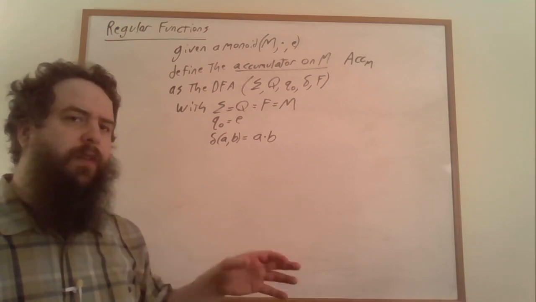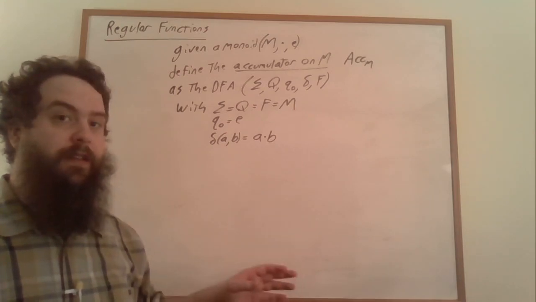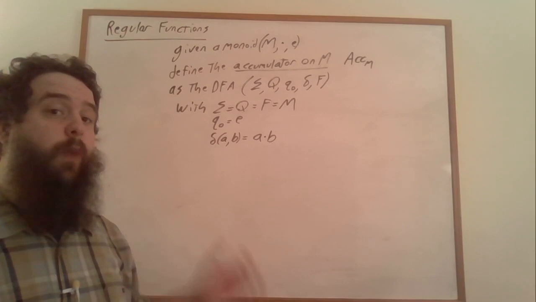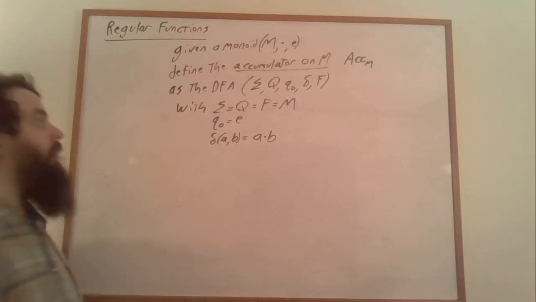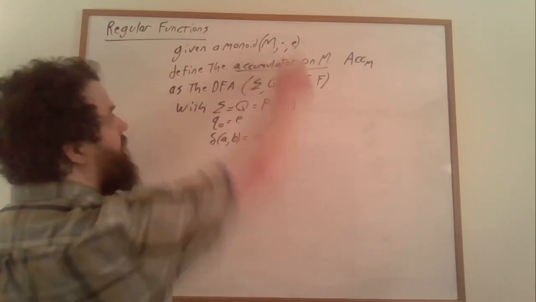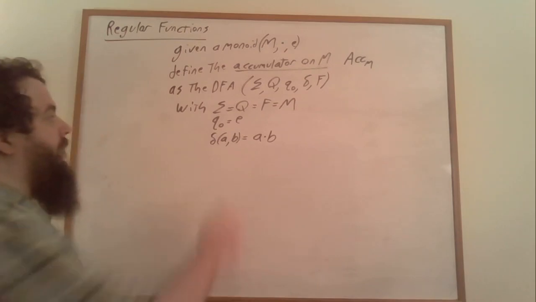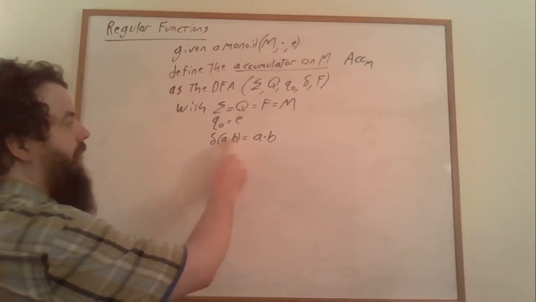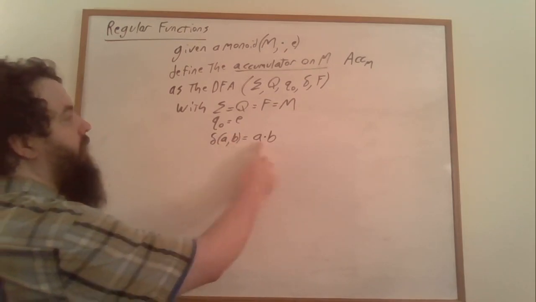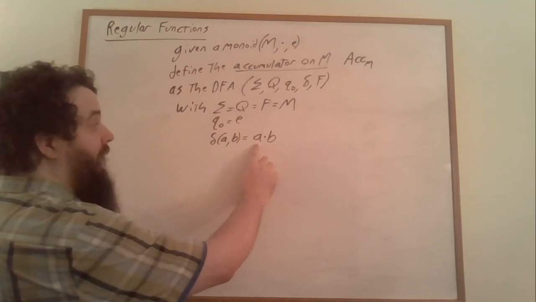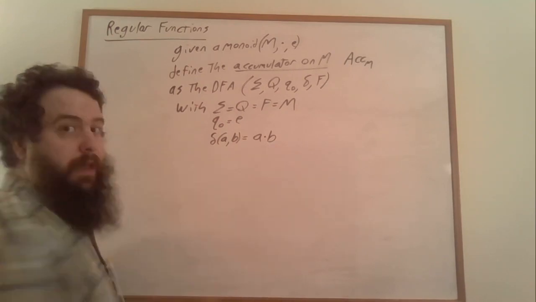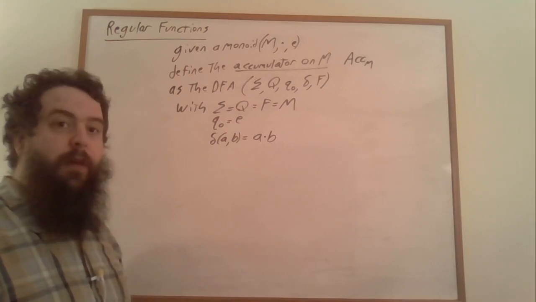We're not really interested in accepting or rejecting things. We're interested in looking at the runs of this automaton. Its start state is going to be the identity element of the monoid, and if we're in state A and we read character B, then we'll wind up in state A dotted with B, where this is whatever the monoid